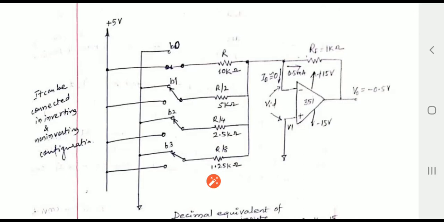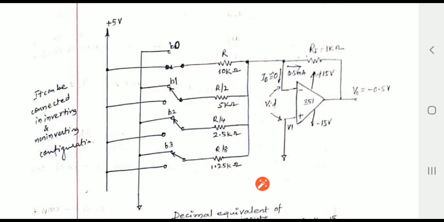So here we have used different values of resistors. If I choose R equal to 10 kilo ohm, then the input resistor for B1 becomes 5 kilo ohm, B2 becomes 2.5 kilo ohm and B3 becomes 1.25 kilo ohm, just keeps reducing. If I take another binary input, that is B4, then it is again divided by 2. Like this it goes for the input resistors for the binary inputs.